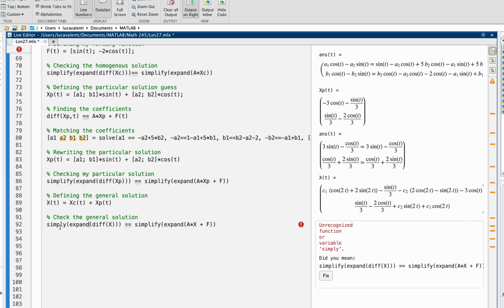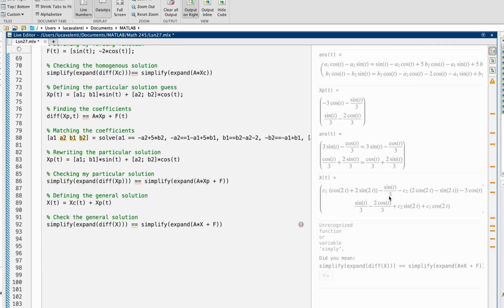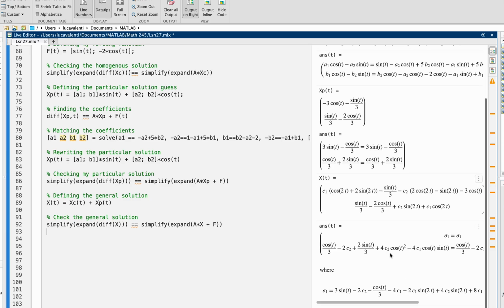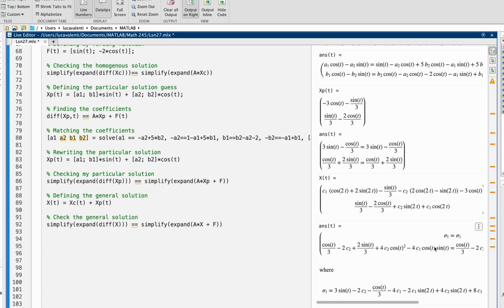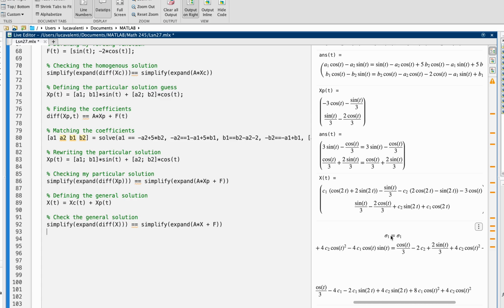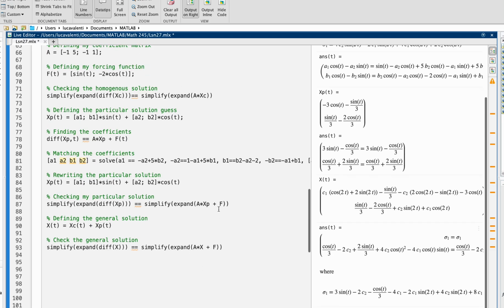And I need a simplify. There you go. Simplify, expand, simplify, expand. This is our general solution, and now we're checking that it is correct. So we just want to check that we get the same thing on the left and on the right. We see here, the top one's the same, bottom looks the same as well, so we're confident that we have